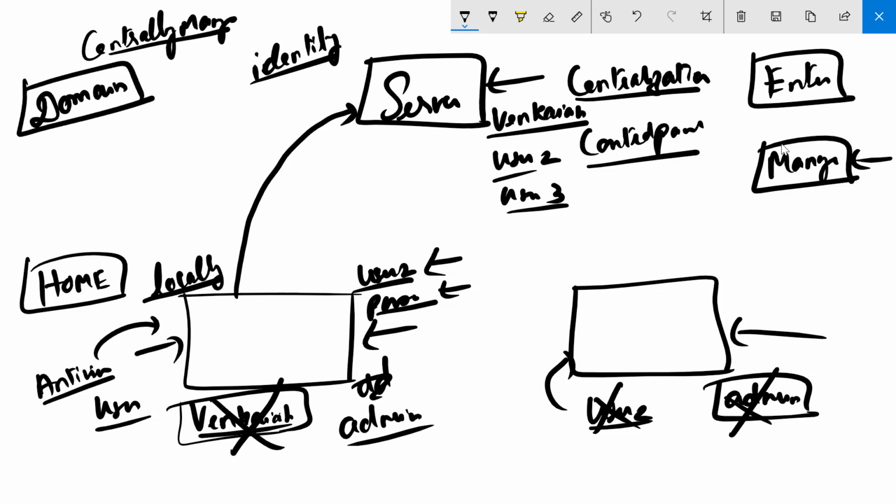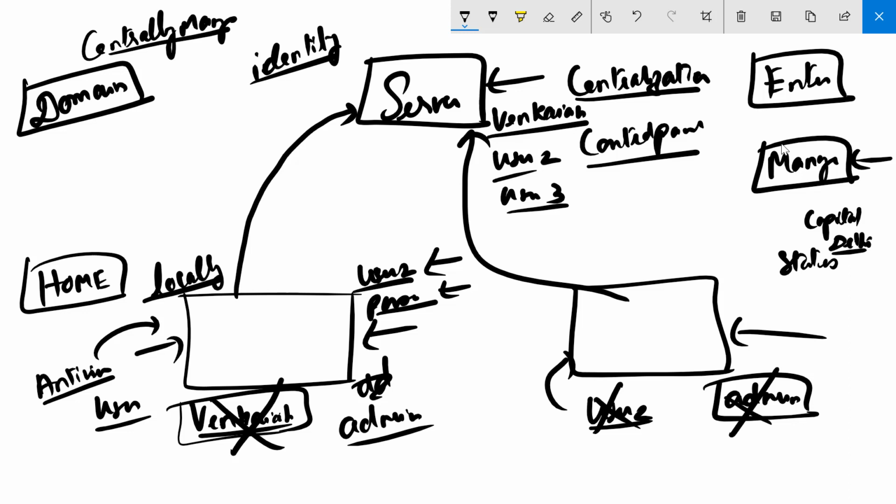If you want to think about the domain concept, think about a country that is India. Think about India as a collection of states. So what do you have? You have states and you have the capital city, that is Delhi, together form a country called India. So in that same way, the central server and the clients, who are all authenticating themselves to the server, this concept is known as the domain concept.